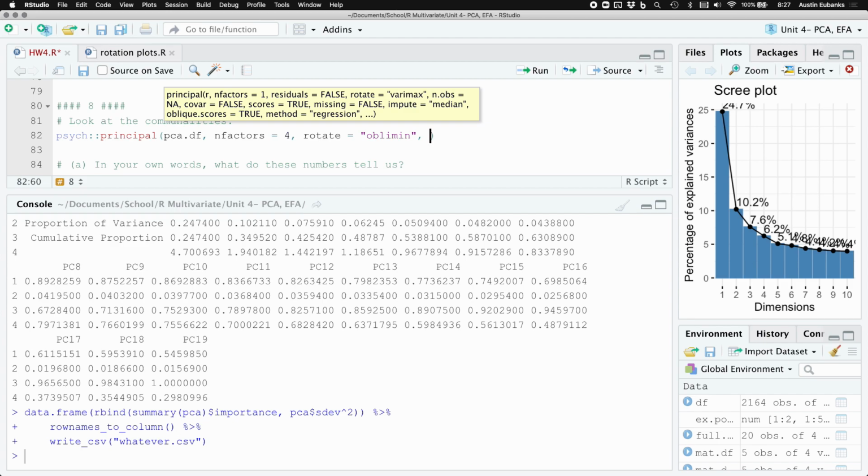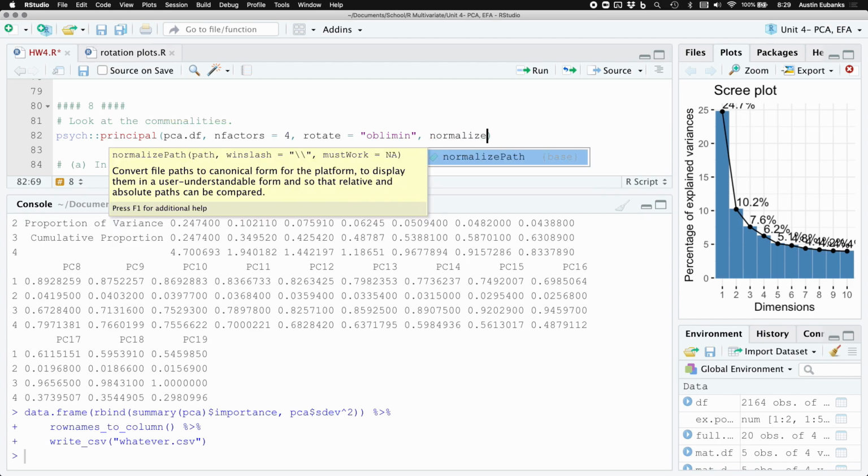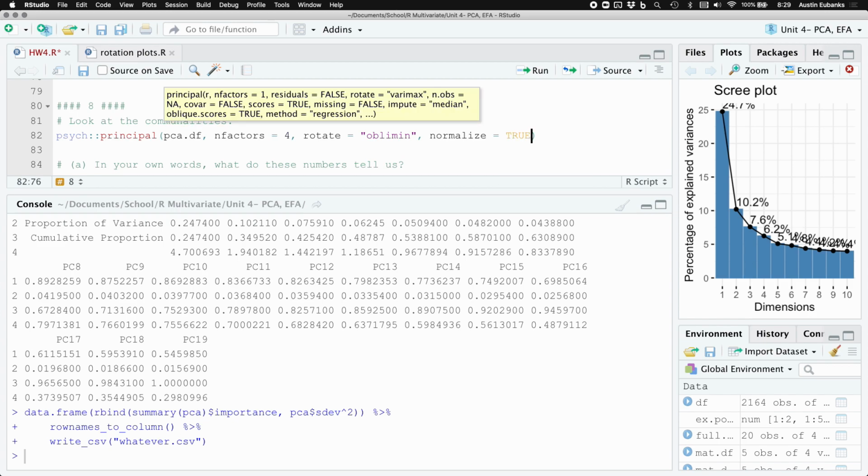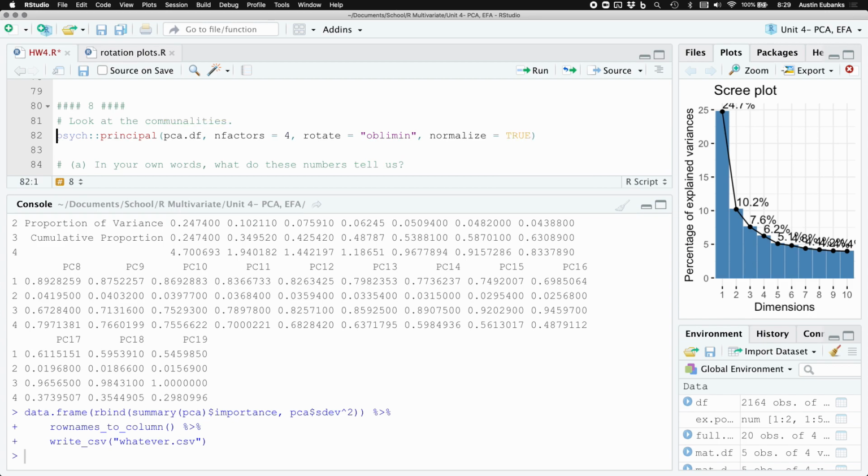So when you see the ... that just means there are other arguments that can be put in, but they aren't specific to the principal package. What we have to do is tell the principal package that we want to do a Kaiser normalization along with this PCA. And so normalize equals true is the argument that we're going to put in, and I'll let Anna talk more now about why 4 not 5, as well as this Kaiser normalization, why we're doing Oblimin, all that sort of thing. So I'm going to come back here and we're going to name this PCA